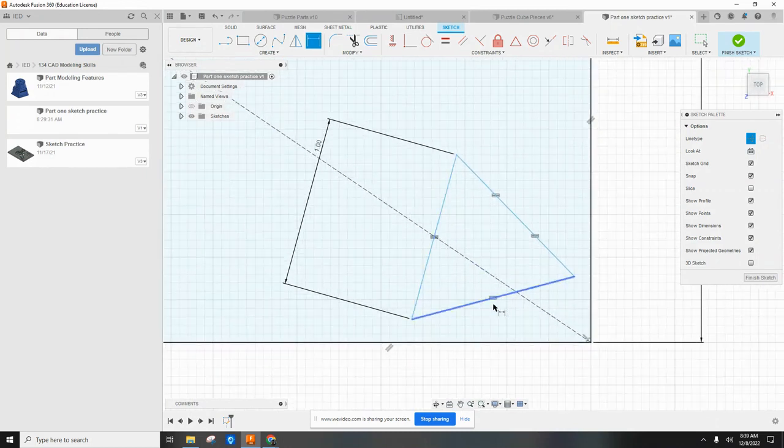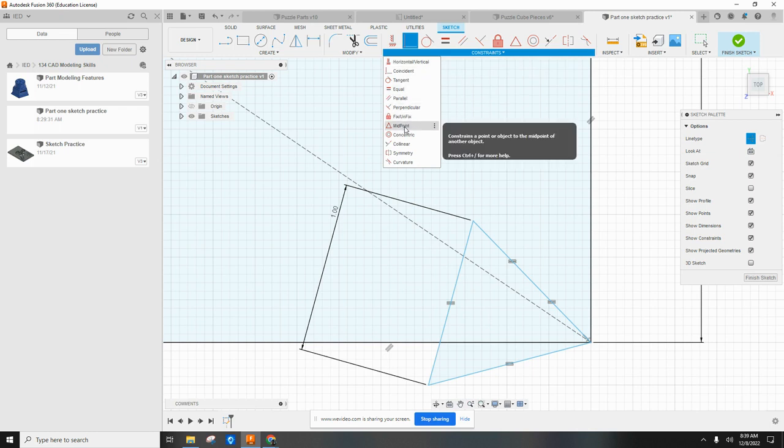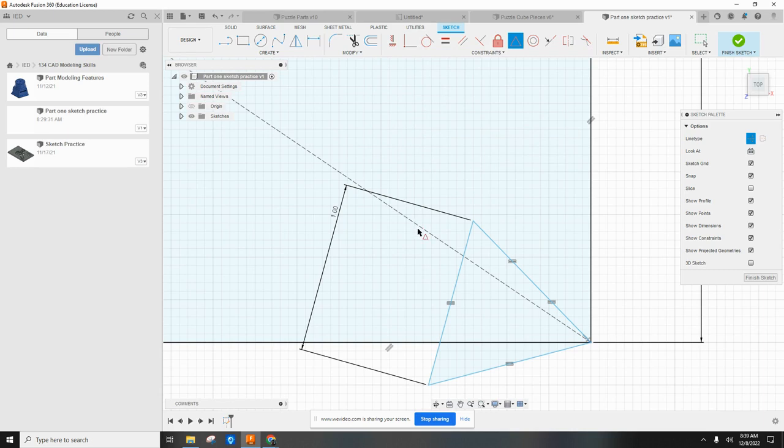Now what we have to do is make a coincident constraint, and we want to do a point to a point. And then we want to find a midpoint. So we can use the midpoint constraint. We can click this and this. Oh, it didn't work. I thought it might. So now we can